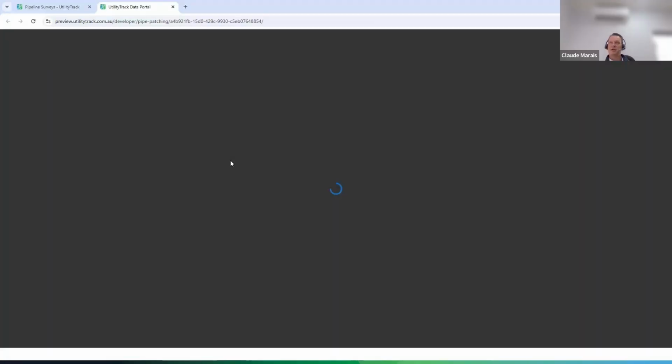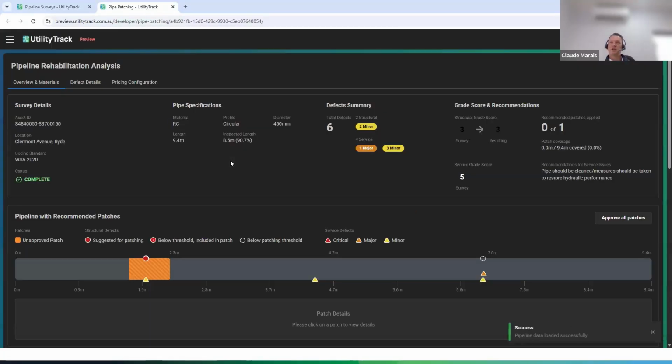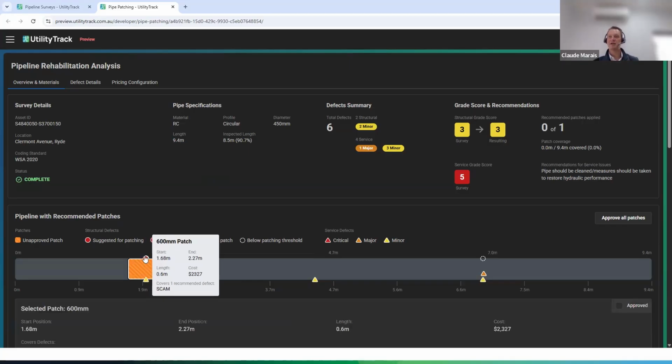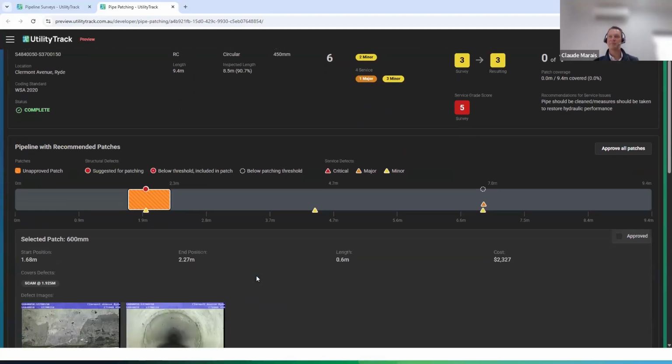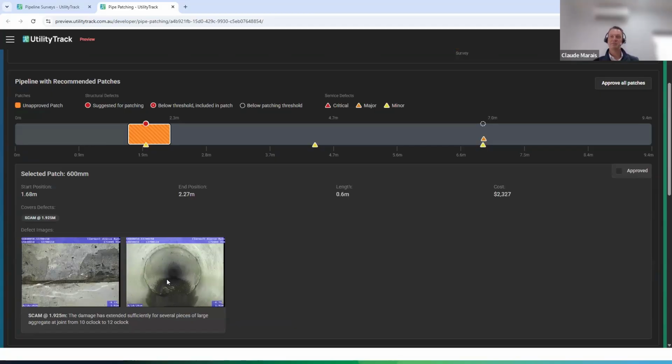So for example, if we look at this specific pipeline, various information on the pipe, the software with some AI intelligence helps figure out what pipeline requires what type of remediations, if it's either full length rehabilitation and/or isolated patching criteria. So it's analyzed the pipeline fully and has recommended a specific isolated point for pipe patching, which is basically